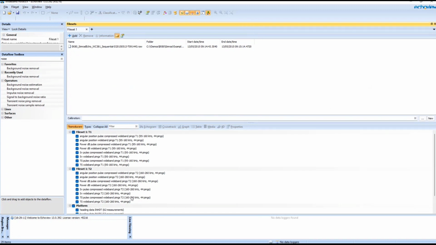So if we take a look at the file sets window, we've got the list of raw variables that has been extracted from this data file shown here. In older versions of EchoView, this list was a bit of a mess. The raw variables were ordered more or less depending on what order we added them into EchoView's code base. So SV we added a long time ago, that came first. Power we added more recently, that's lower in the list, and so on.